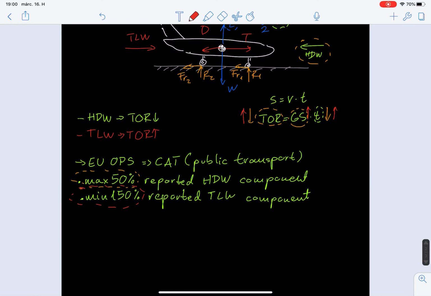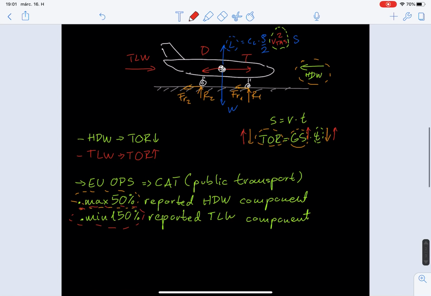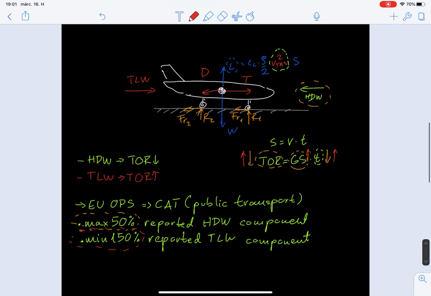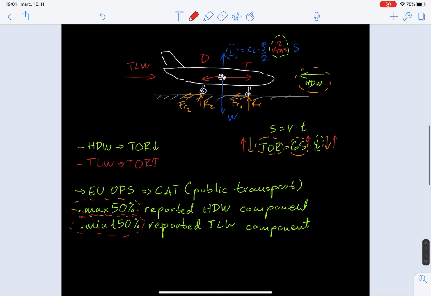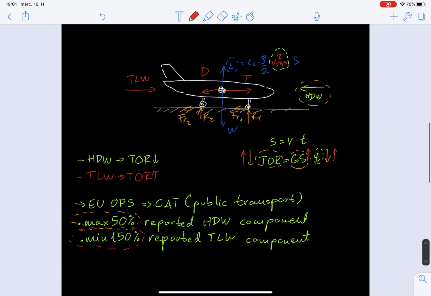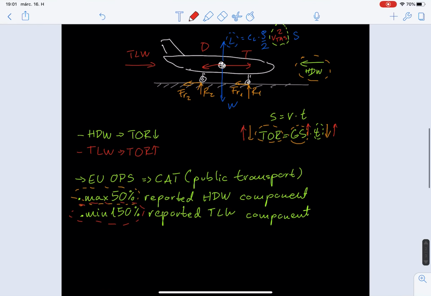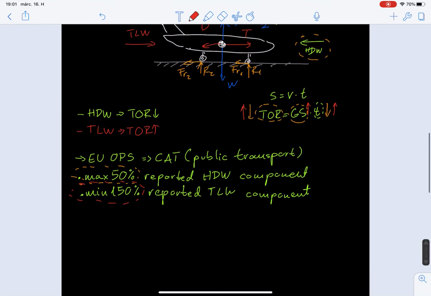And for the minimum 150% reported tailwind component, you could say maybe that you're going to take like 200% of the reported tailwind into account because you can do that. But of course, you don't want to oversize the safety factor, because you guys remember the example with the chair. So safety factor costs money, and it's ineffective to have a high safety factor. So therefore, we're not really going to do that. Okay, so